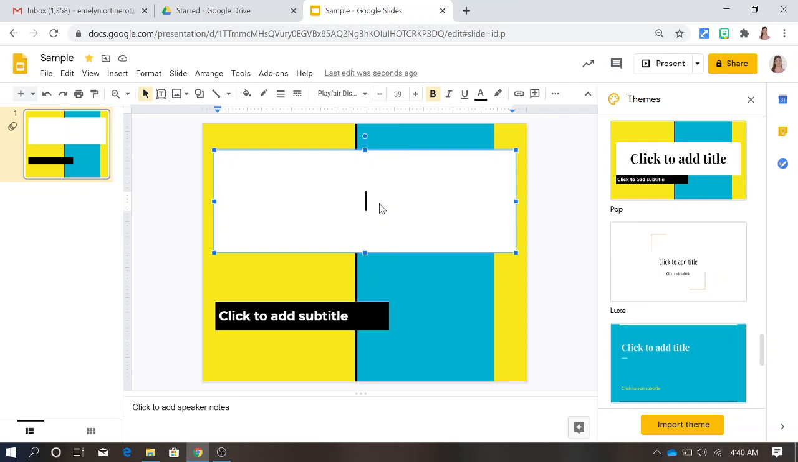So for example, sample, okay, Google, or for example, Google slide tutorial. Okay, so ayan. Now, how to modify